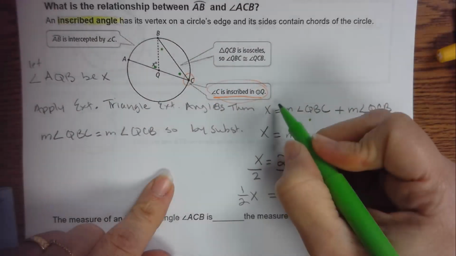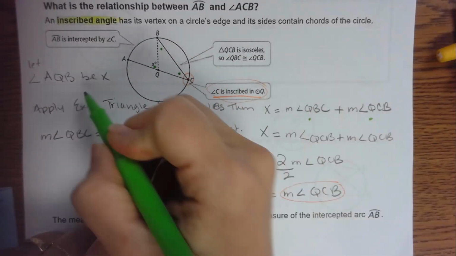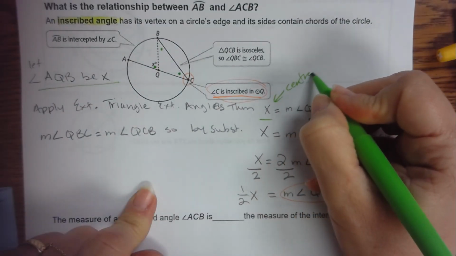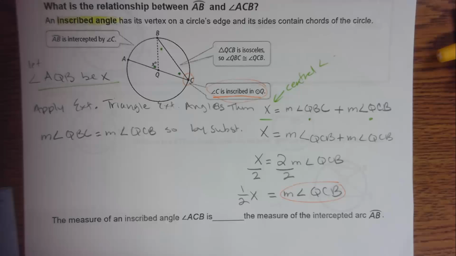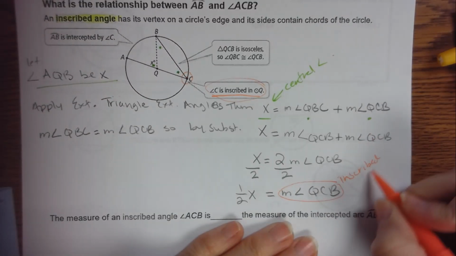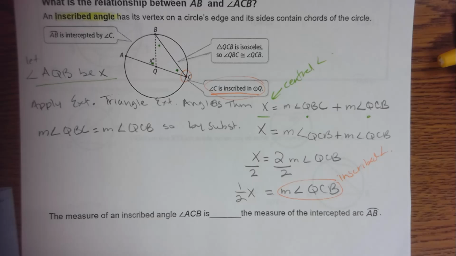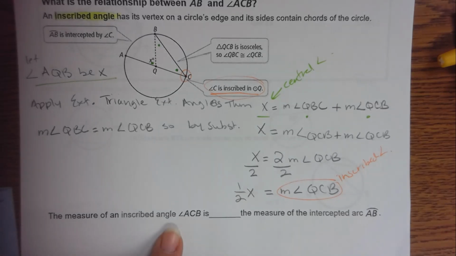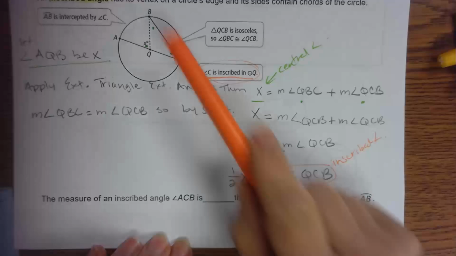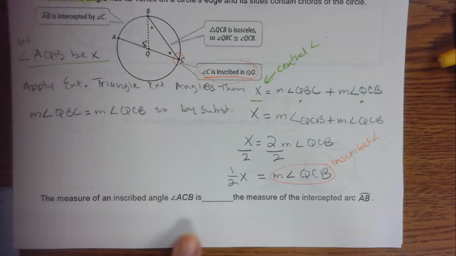X is the central angle. This is the inscribed angle. So the measure of the inscribed angle ACB, they named it ACB here, it's the same one that we're talking about, is half